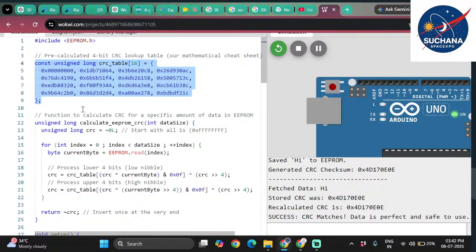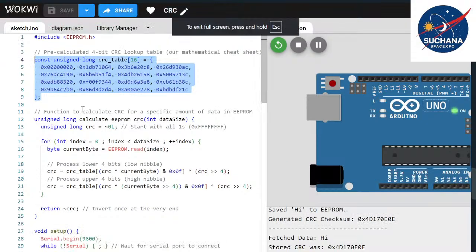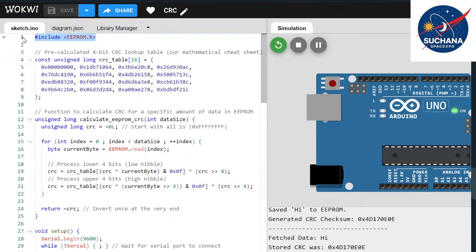So first, we already discussed in the previous session about the EEPROM library. Hope you remember. In ESP32, we discussed the NVS library, nvs_flash and nvs.h, non-volatile storage, which is something equivalent to this. But what we are discussing right now is in the Arduino module, Arduino Uno. We discussed in detail about EEPROM, electrically erasable programmable read-only memory. So now, first we have included the EEPROM library, and then we have taken